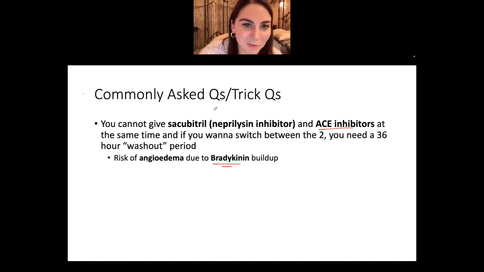You cannot give sacubitril, a neprilysin inhibitor, and an ACE inhibitor at the same time. If the patient is on sacubitril and you want to switch them to an ACE inhibitor, you need at least 3 days in between the two. You need a washout period. That's how intensely these two drugs can interact. And the reason why is because there's a pathology state that can happen called angioedema, due to what's known as